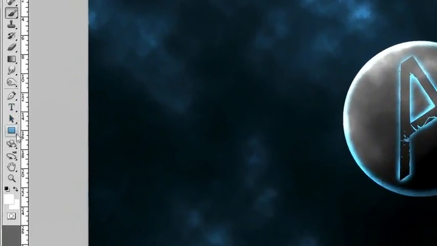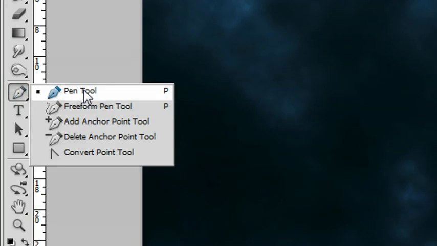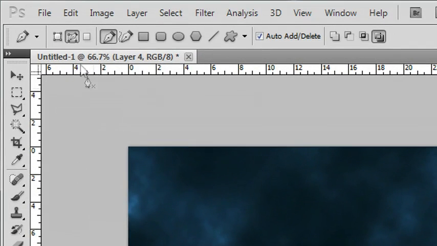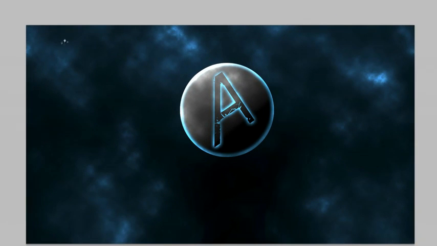And then we're going to click on our pen tool, and then we want to make sure that we have set it to Paths, and we set it to Pen tool, and we have set it to exclude overlapping path areas here, and make sure that that auto add delete is checked. So then you just want to click once up here